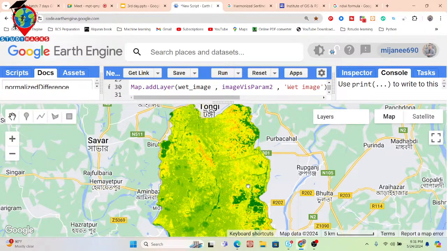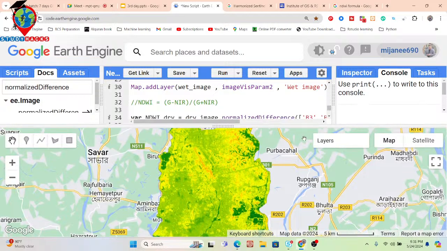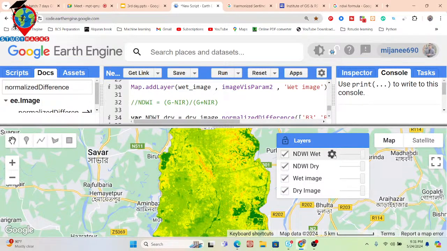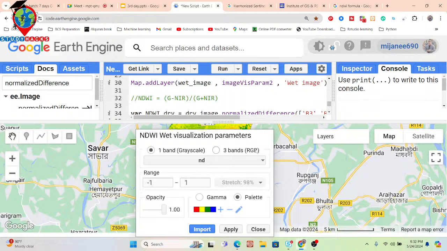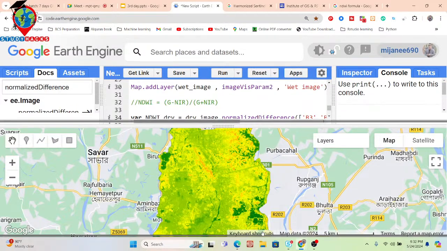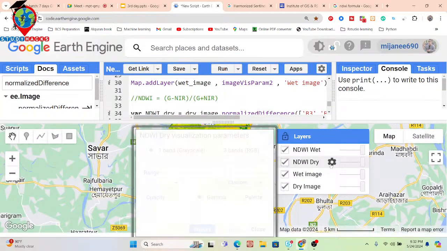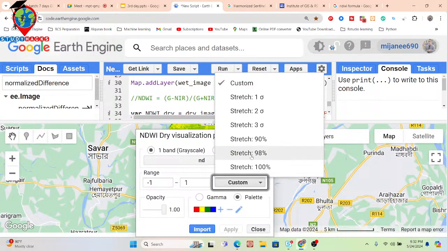So now here you can see water cannot be detected. So in this case, if I just click on here and then stretch this, then we can get a better visualization. It shows 0.3. Okay. As well, suppose I check the other layer, click on here and also stretch this value.